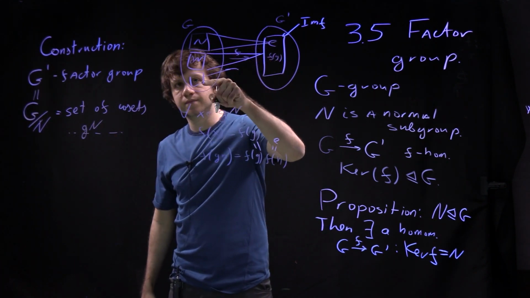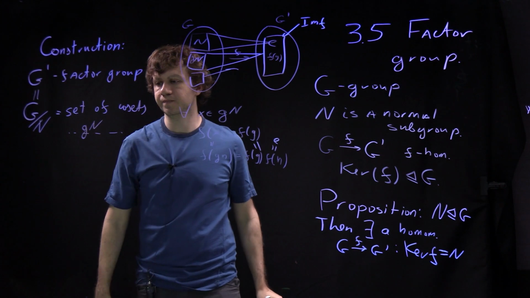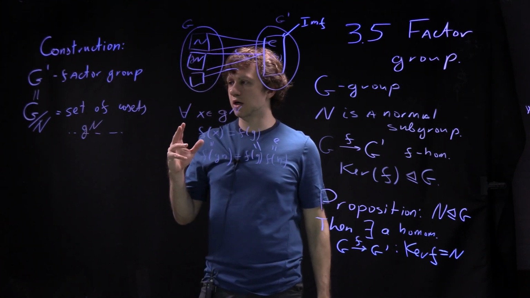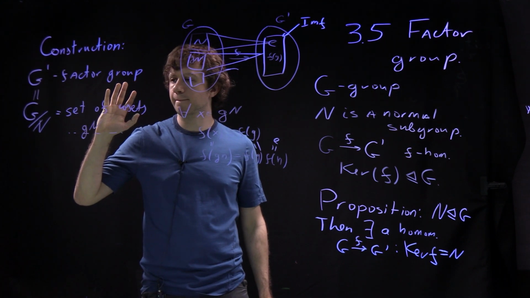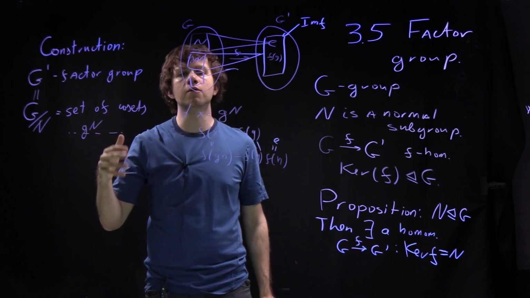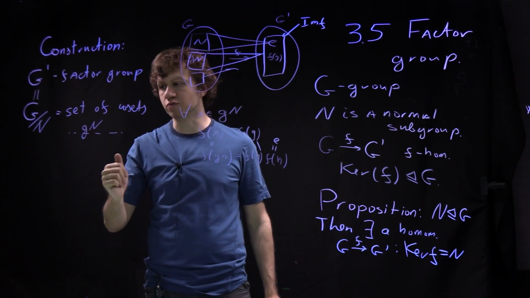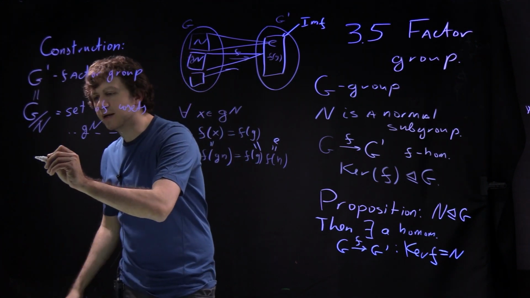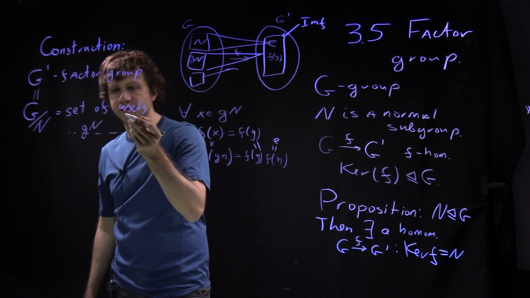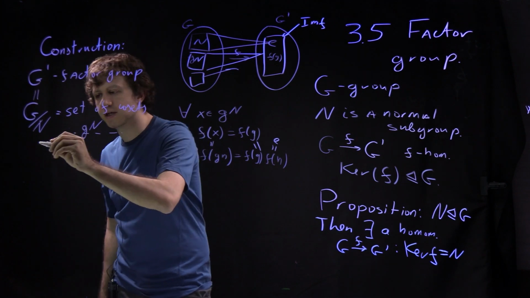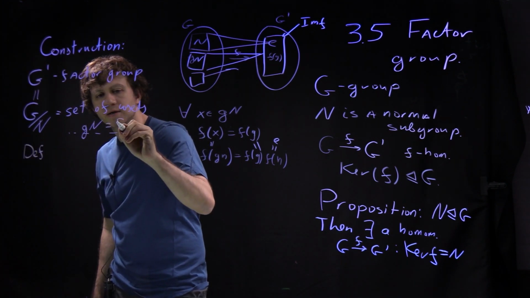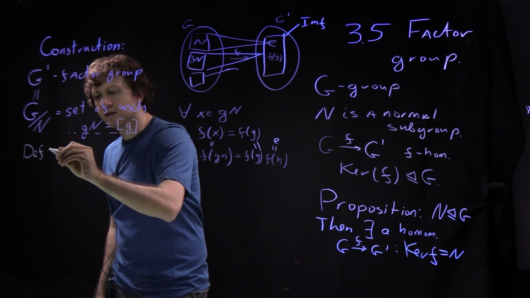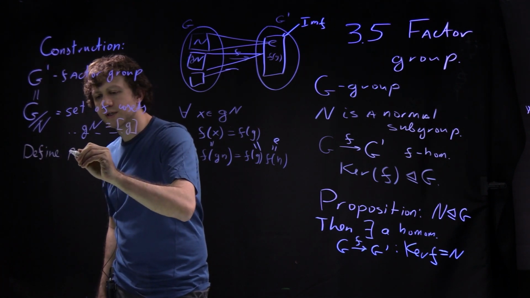So these are the elements there. And then the question is how to multiply them. What is the group structure? We have already defined this group as a set. So define, and let me denote it by G in brackets, define the product